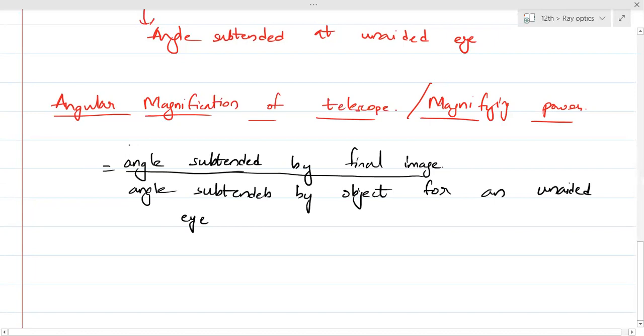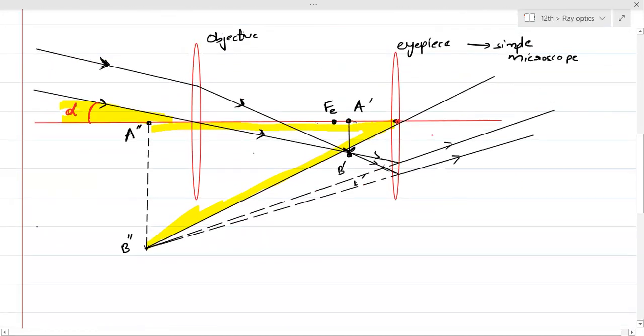समझ आया ना? This is the angular magnification. This is the formula. आपको ये use करना होगा. ठीक है? Now here, if I call this angle as beta, कौन सा angle? Beta. Where, look at where beta is. Beta कहाँ पे है? It is at the optical center of the eyepiece. Look at the optical center of the eyepiece. That angle I have called as beta.